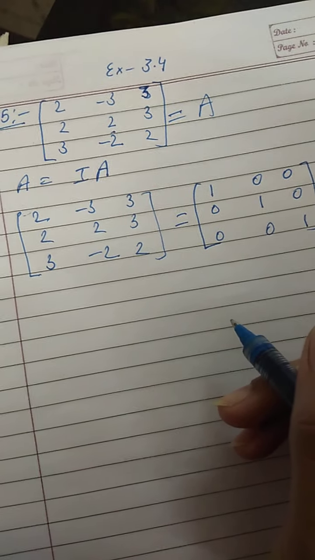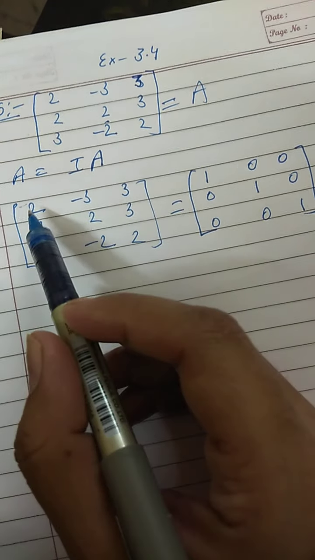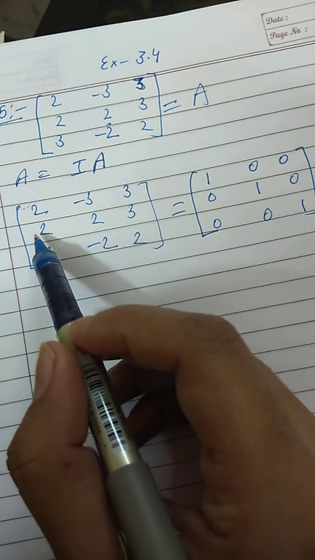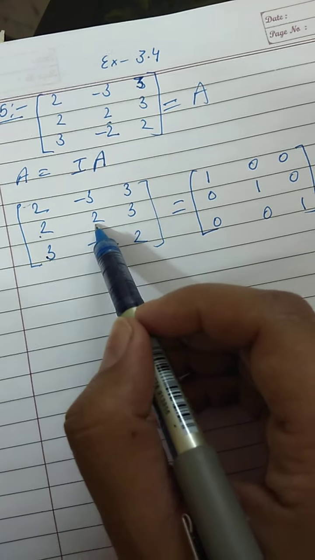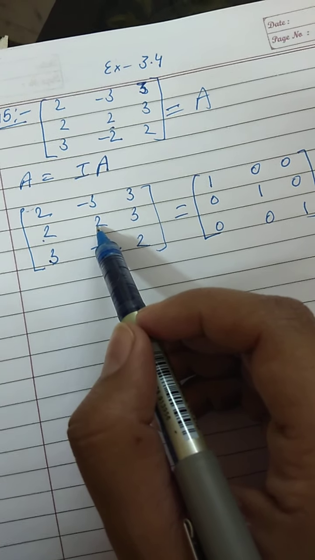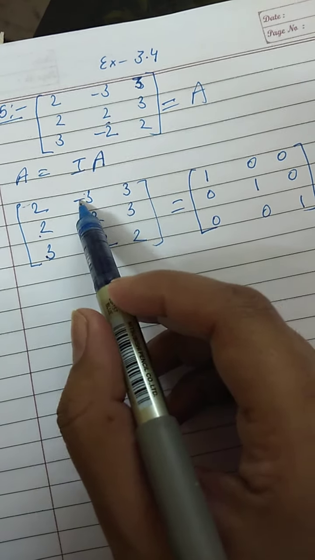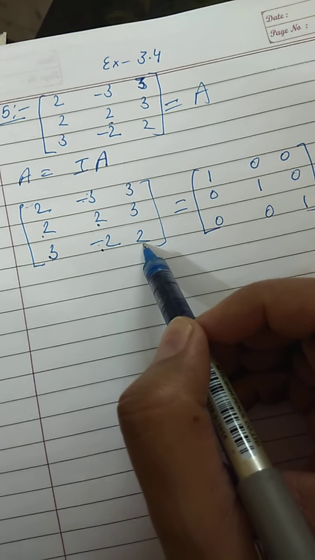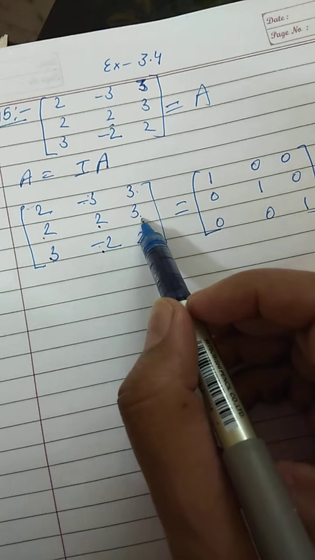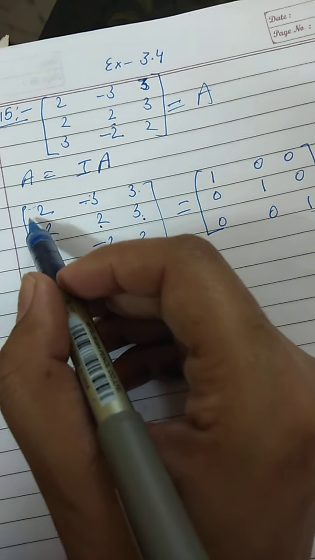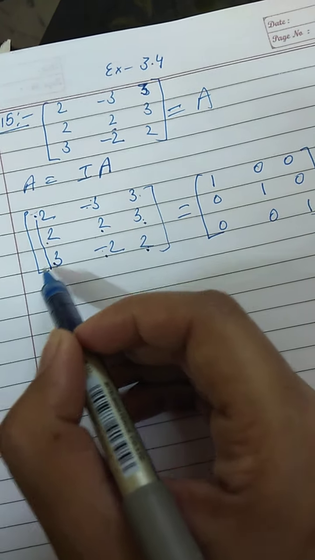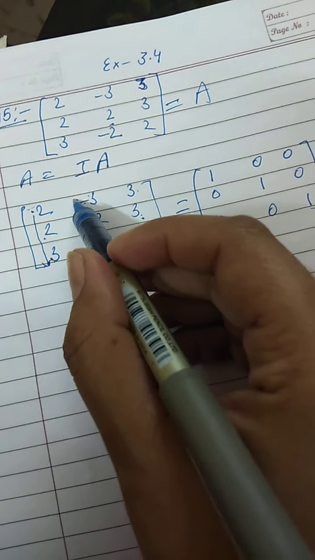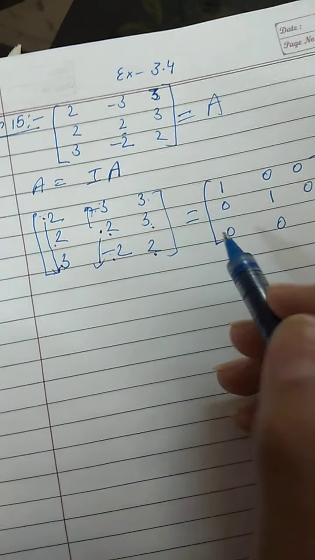Now if you remember the method, we will make it 1 and then we will make these two elements 0. After making this element 0 and 0, we will make this element 1 and with the help of this one we can make this element and this element 0, and then we will make this element 1 and with this one we can make these two elements 0. So it will go like this. We will start from here, we will go to this, then we will make this as 1 and with the help of this we can make these two elements 0 and 0, right?